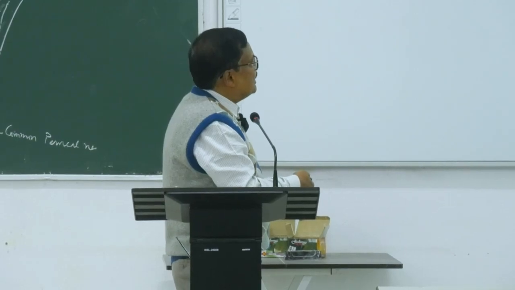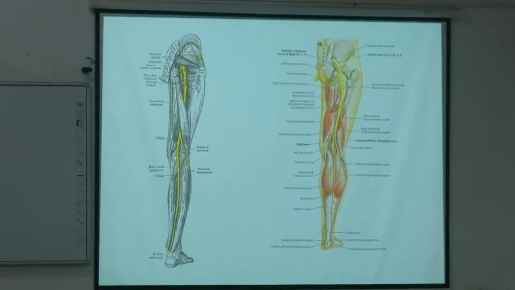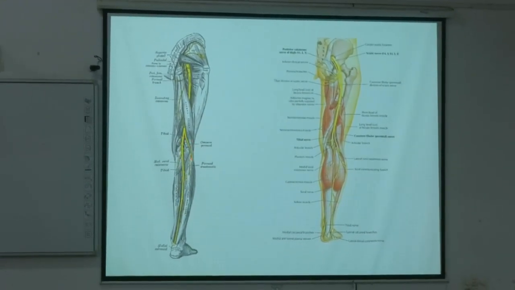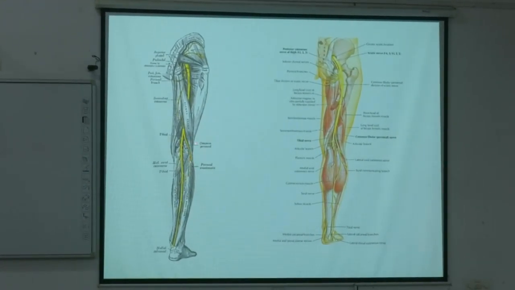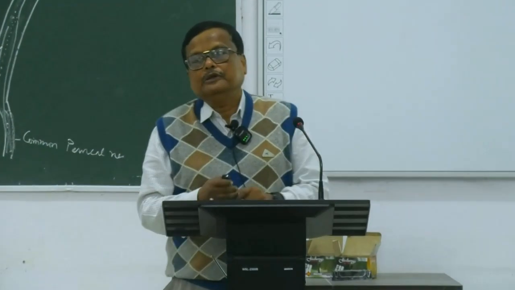This sciatic nerve comes out from the gluteal region, then goes down, passing below the long head of the biceps femoris, to the back of the thigh. In the popliteal fossa, it divides into a tibial nerve and a common peroneal nerve. কোথায় হয়? Either in the upper part of the popliteal fossa.